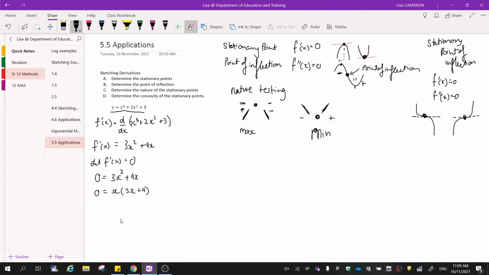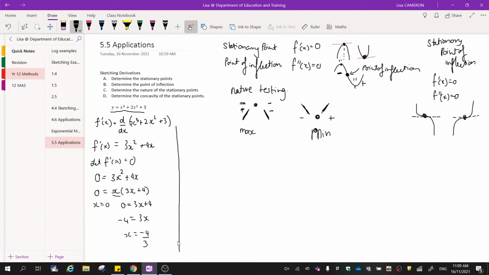Now I can let the null factor rule apply here to work out our stationary points. So the first one is going to be x equals 0, because I let this part equal 0. And then I'll let the next bracket equal 0, and I'm going to rearrange to solve for x. So these two, when x is 0 and x is negative 4 on 3, they are the points where a